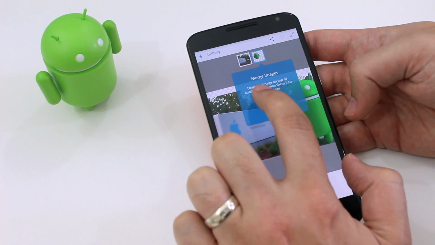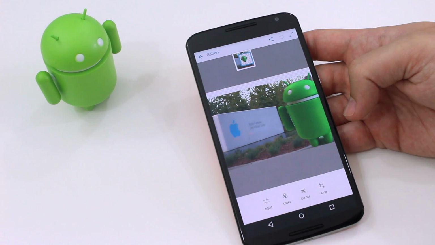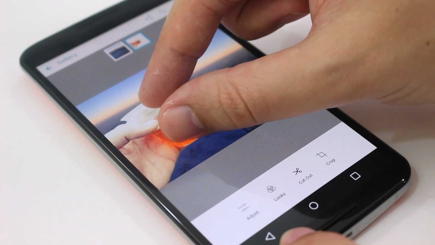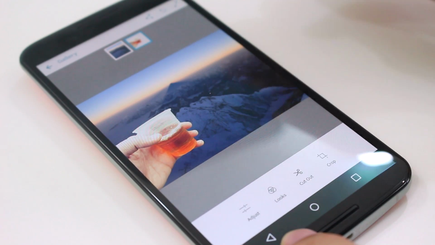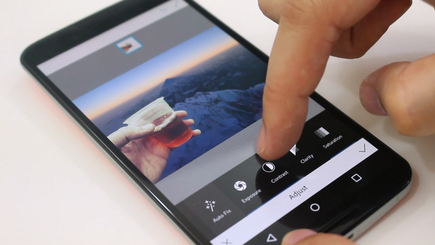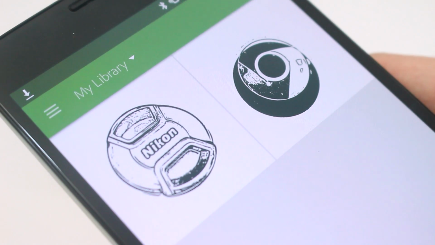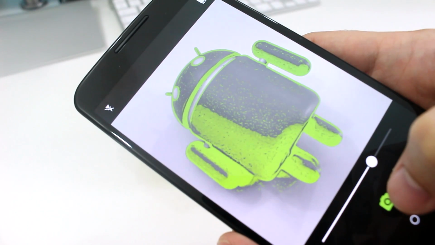If you're happy with the layers as they are, you can merge them by dragging and dropping the top layer onto the bottom layer, then continue adding more layers if required. But what's most impressive about this app is that it feels good on a mobile device. It's quick and easy to use, but what you end up doing is actually quite powerful and advanced. It's fantastic. Now with Adobe Shape, as the name suggests, it lets you create shapes for use in other programs